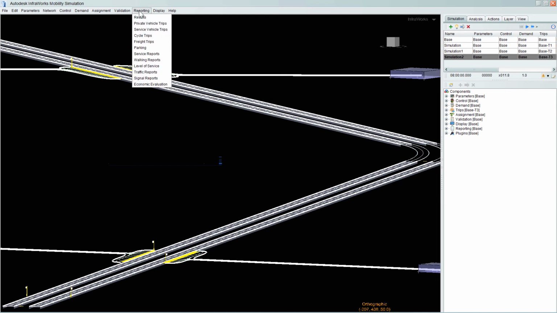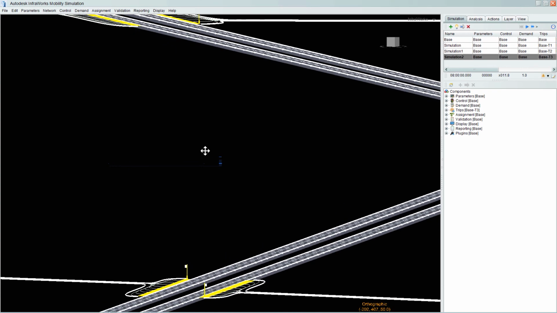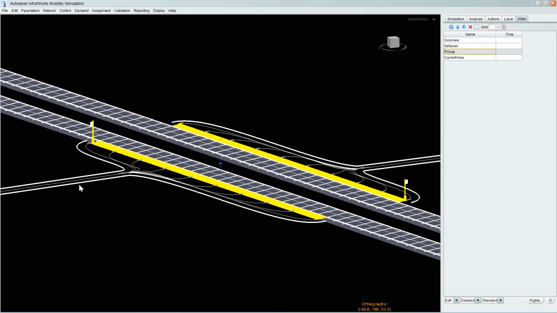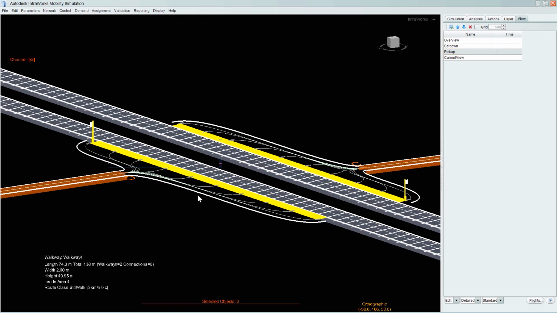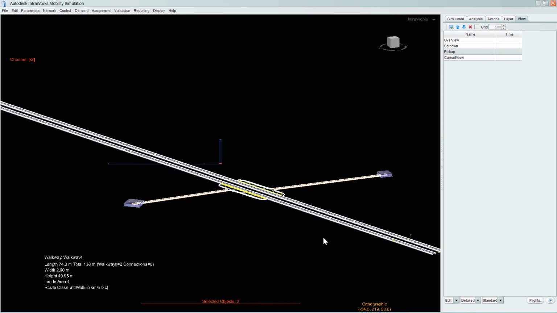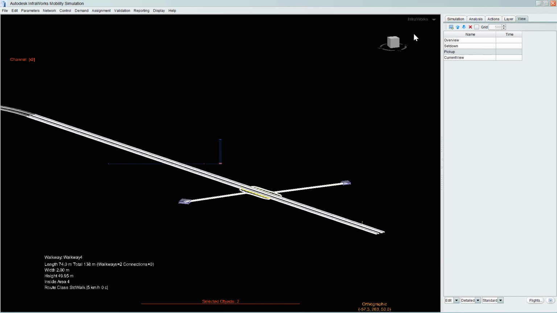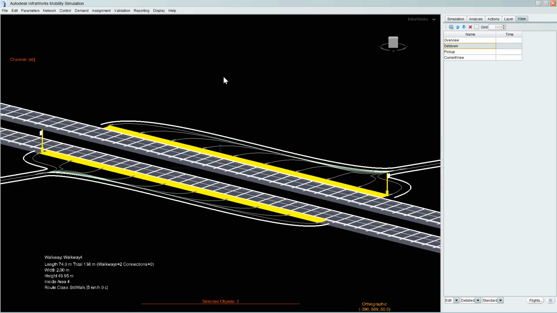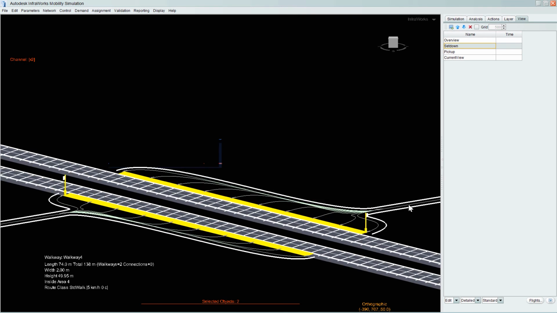For instance, if we are interested in level of service, we can select some of these. If I just move down to that area here, if I select these two walkways, and in fact, why don't we select the walkways at this end as well?